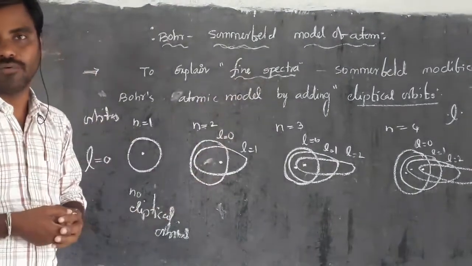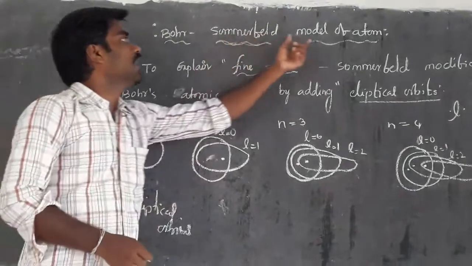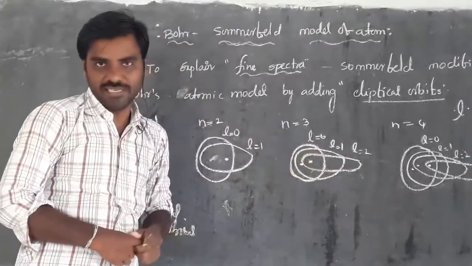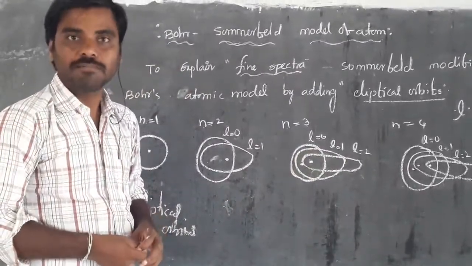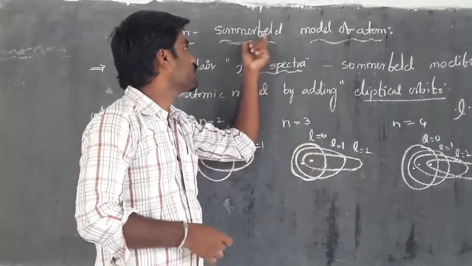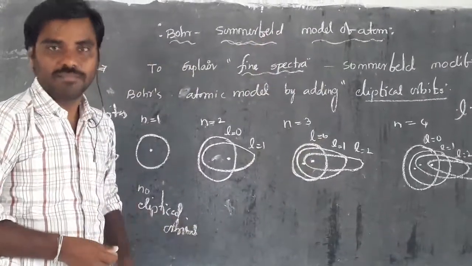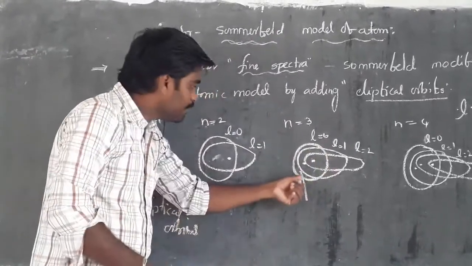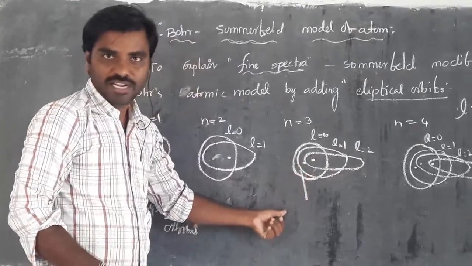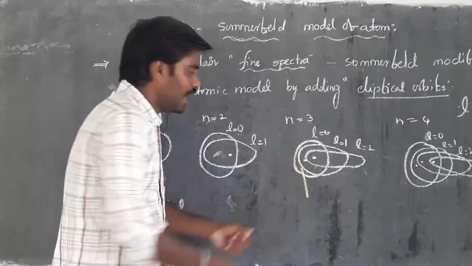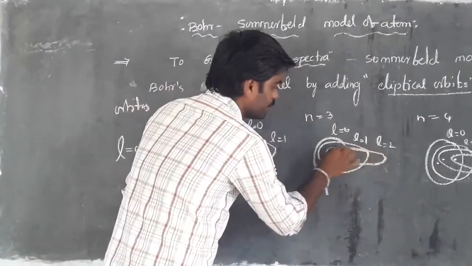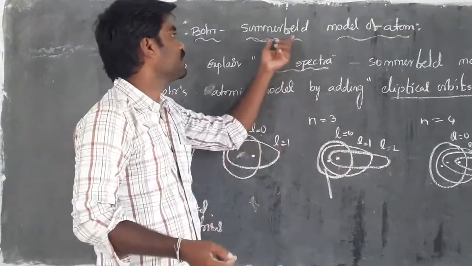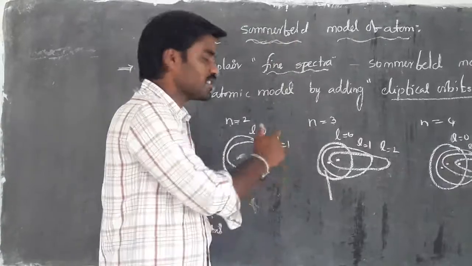But it was not able to give clarity about the model of atom, because of how the elliptical orbitals are present. For that question Sommerfeld was unable to answer, because when an electron is revolving, we have two types of forces: centripetal force and centrifugal force, right? So when two forces are equal, how is it possible to move in an elliptical path? For such doubts, Sommerfeld was unable to answer.